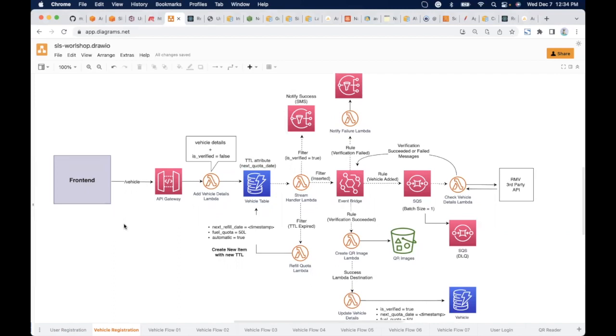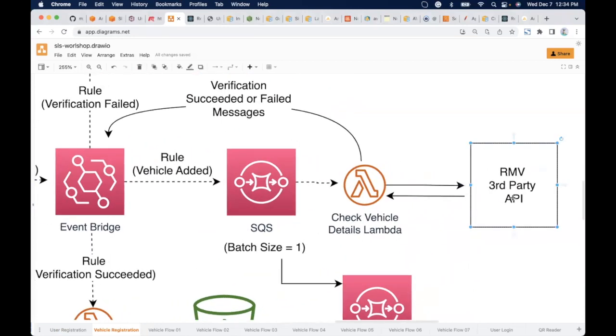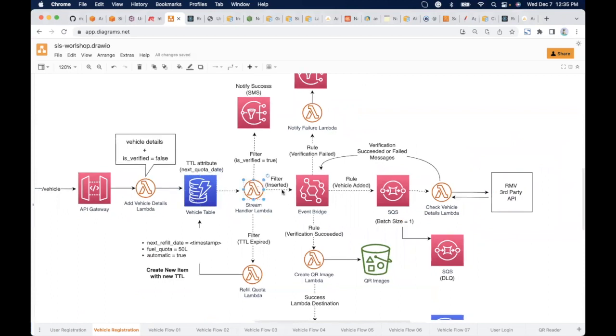And the main bottleneck that we have is this one, which is the third-party system that will check the authenticity of the user and his vehicle information. So this is the bottleneck right now. And if you think about DynamoDB, Lambda,